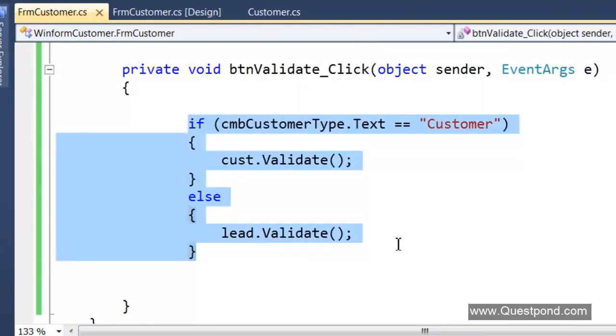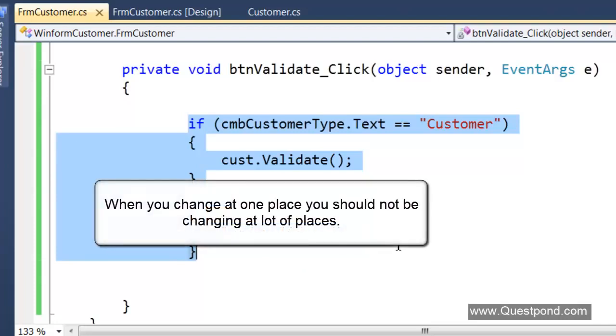So I have to make changes at 3 places. And please note, at this moment, this is a very, very simple form. If I have 10 such forms like this, you can think about what kind of changes can happen in my system. So a good software architecture is tested when the changes happen. And if you are changing in a lot of places, that means you have not architected your software well.